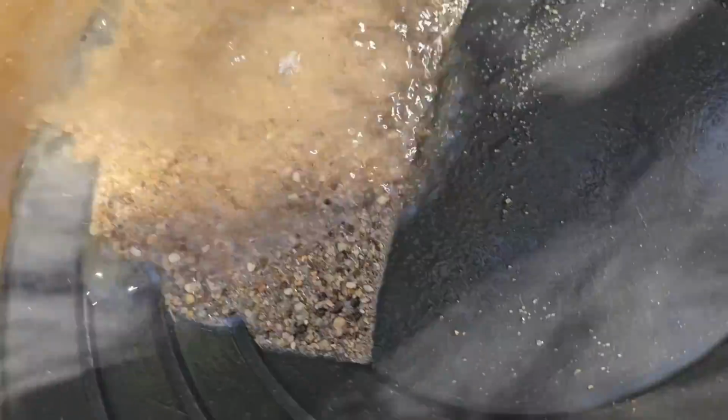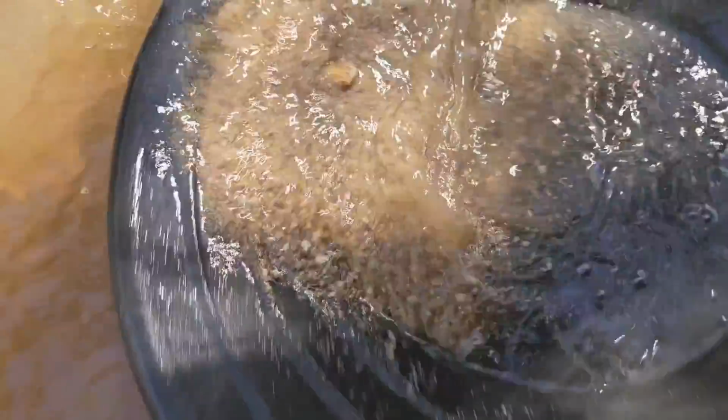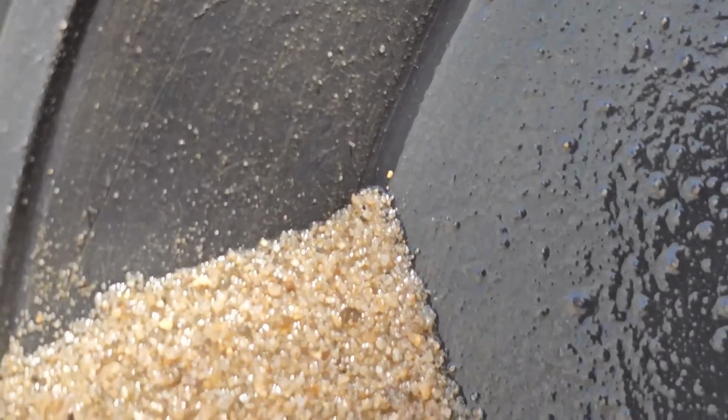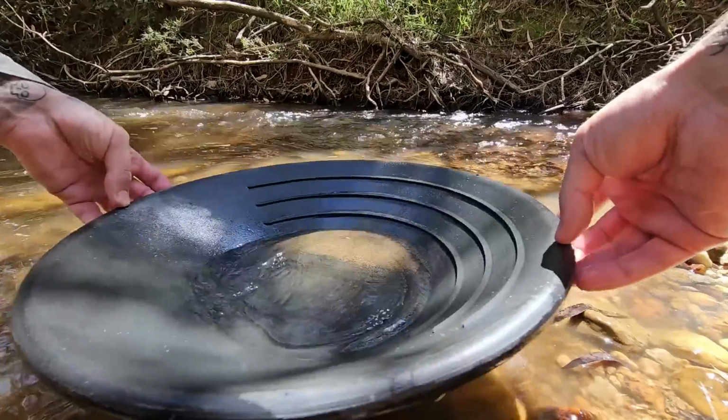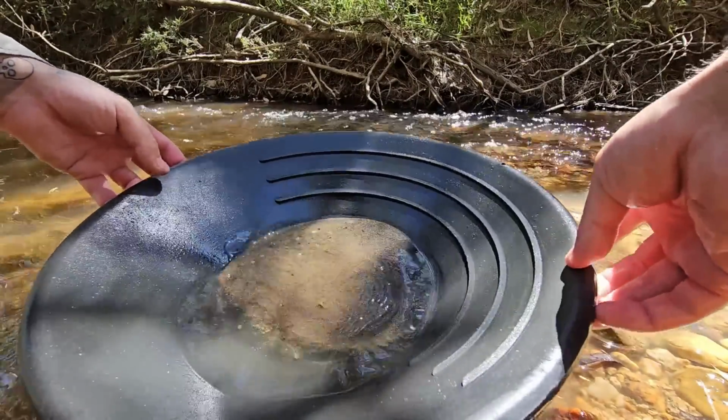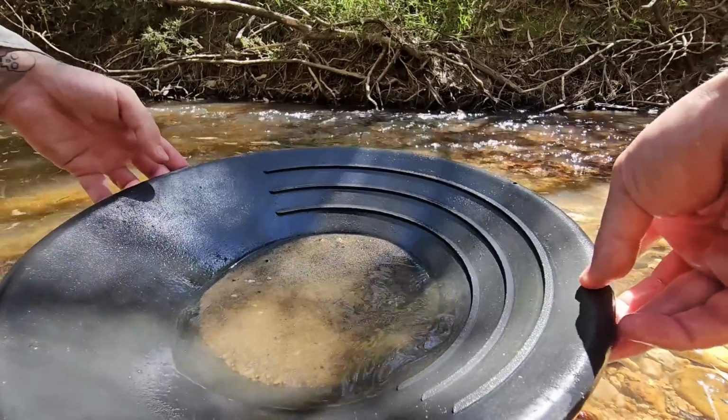My first pan seems to be holding true to that idea. There is significantly more black sand in this, and I've already seen gold at the back. I have no idea how this is actually going to go. I would expect there to be, well, there is a lot more black sand in here, and I would expect